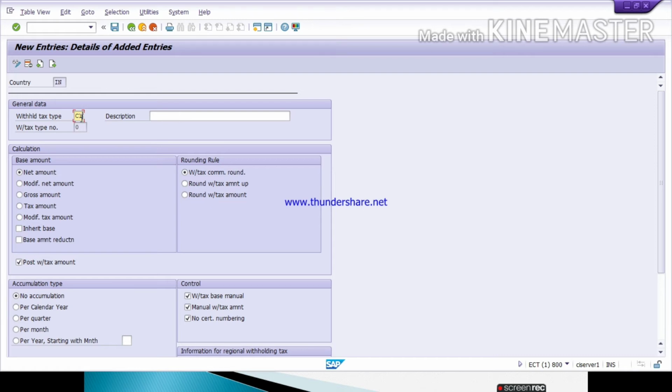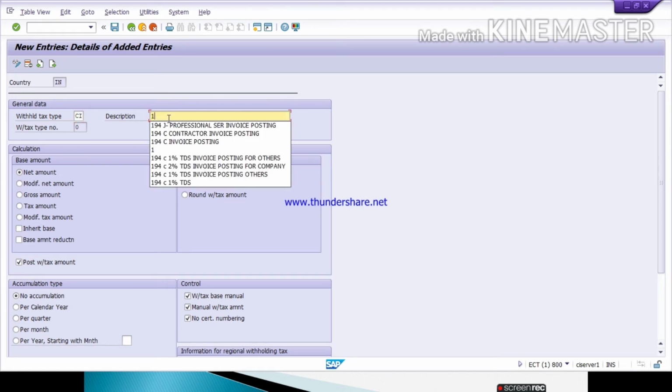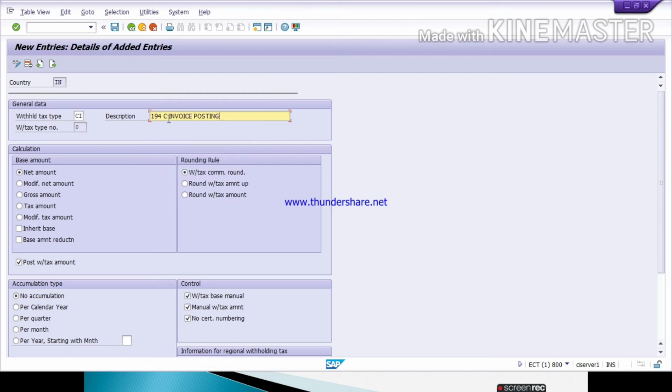These codes you should maintain in an Excel also, because it will help you in maintaining TDS. Give the description here, 194C invoice posting. Like this you can give a description. Then click on net amount.